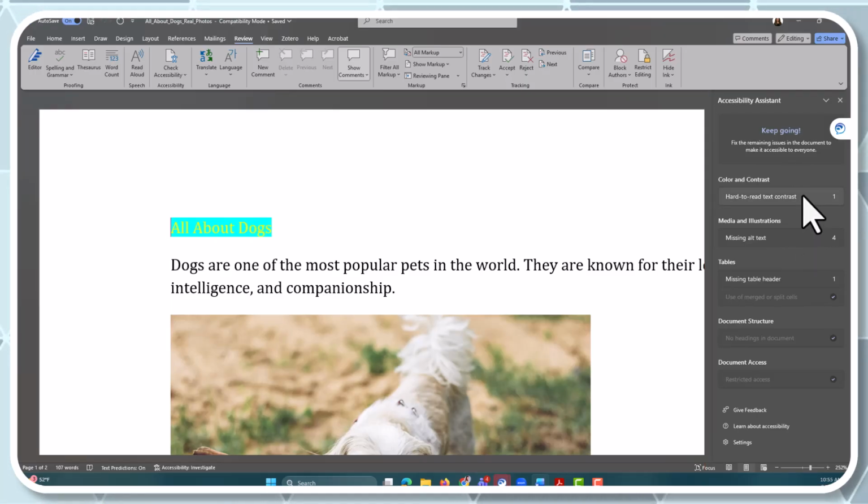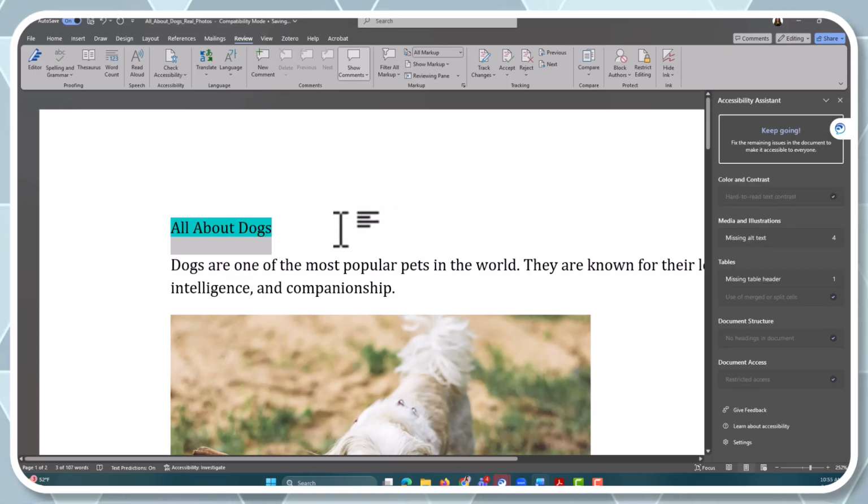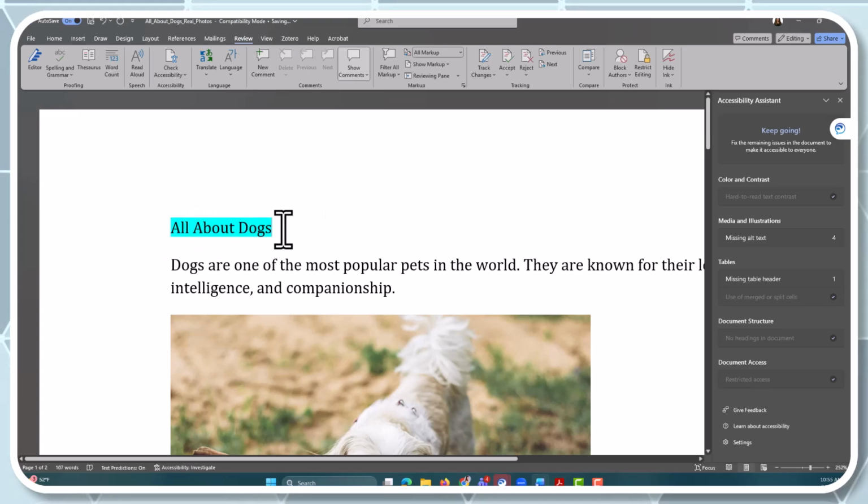We have hard to read text, which is a contrast issue. We have missing alt text and a missing table header. To fix these, select the item, and then it will give you a suggestion. It says try using this color. So I'm going to select that color, and now my hard to read text is visible and I have a